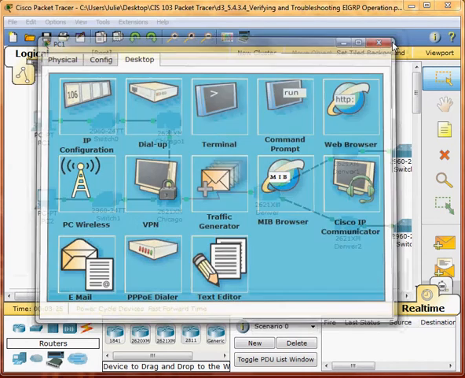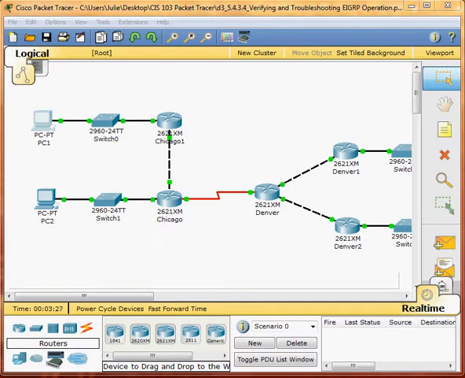Successful. And now we have to select the Chicago router in terms of privilege mode.